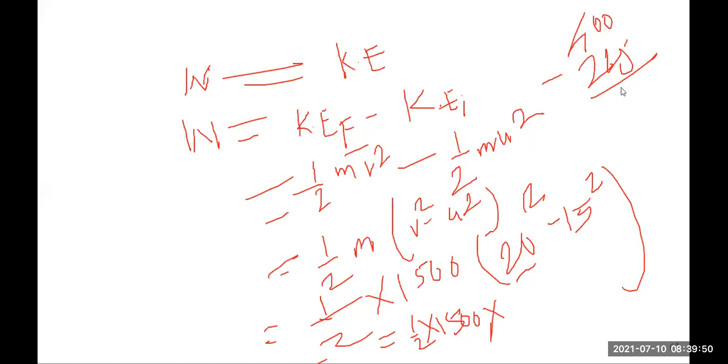Then what will we get here? Subtract this, you will get 175. Then multiply by 175. Now this 2 is for division, so we can divide like this. Here we will get 750 into 175. Now multiply this, you will get your final answer. What will be the answer? Tell me now. Do the multiplication, everyone. 750 into 175.